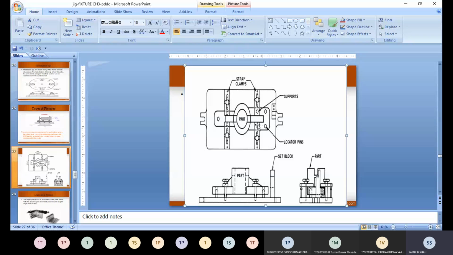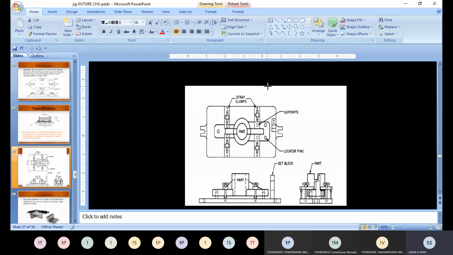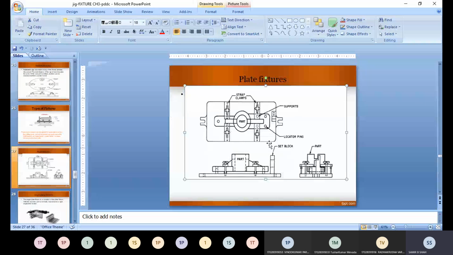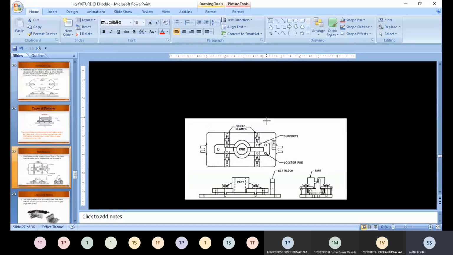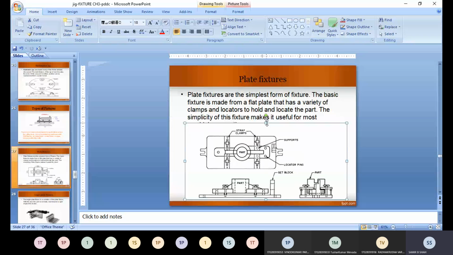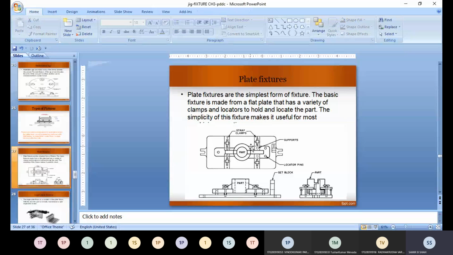Due to that, the part may not show any kind of movement and it may be fixed in that case. So we perform the operation in a very proper way and the loading and unloading is also very accurate. So mostly what happens, the part is like this and the size is such that it may not affect another part or another device. उसको भी टच नहीं करेगा, उसको भी इंटरफियर नहीं करेगा, उस हिसाब से हमें इसकी लेंथ डिसाइड करनी है. So that length depends on the part dimension.